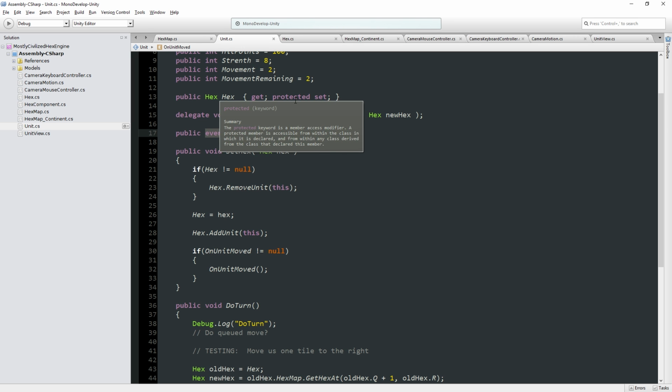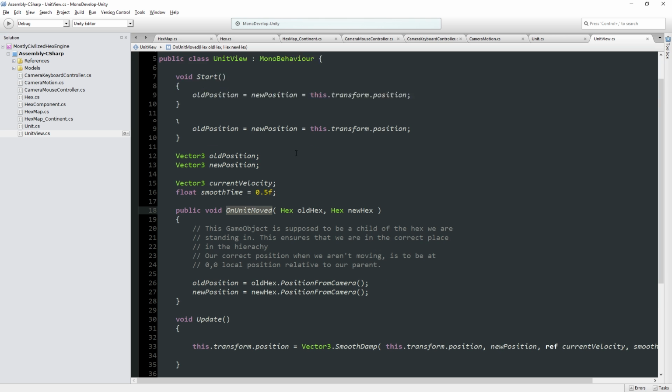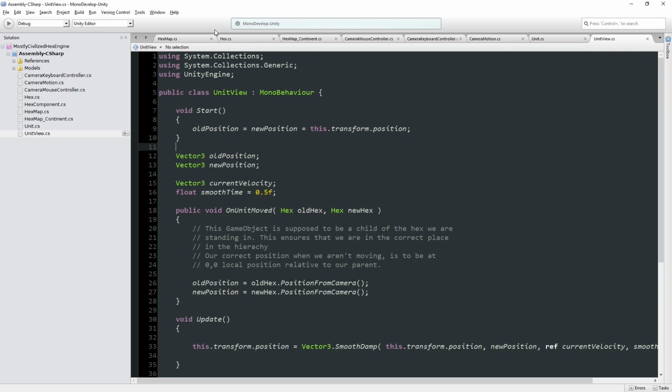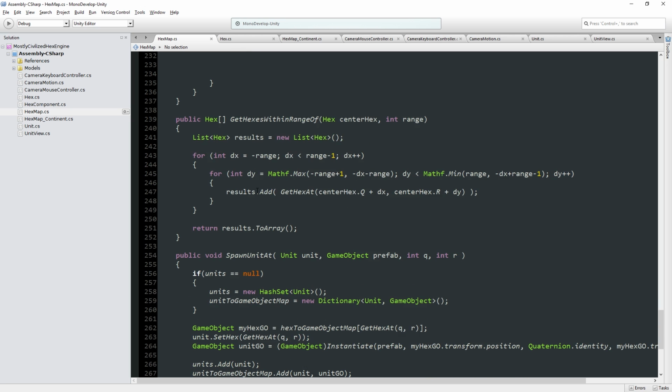For now, in a sense, we could actually get rid of this. We could totally get rid of the event keyword right now. We're going to talk about what it does in just a moment. So then what we can do is, when we create the unit view,